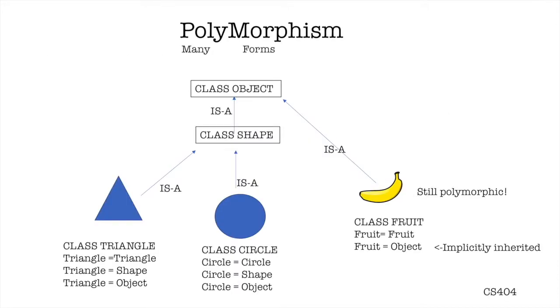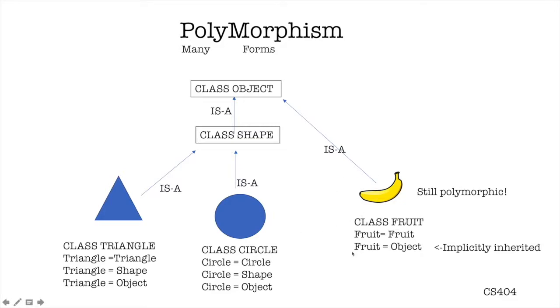So let's get a bit of background before we carry on. When we describe something as polymorphic, we mean that it's able to take on more than one form. The word polymorphic literally means many forms. In Java, this means that any object that passes more than one is-a relationship test is polymorphic. By this principle, every object in Java is polymorphic in nature, as each one passes an is-a relationship test for itself, and also for the Object class, which is an overarching superclass that every Java object is